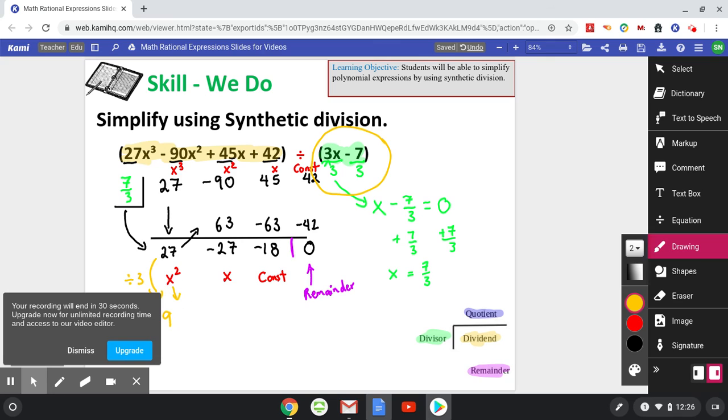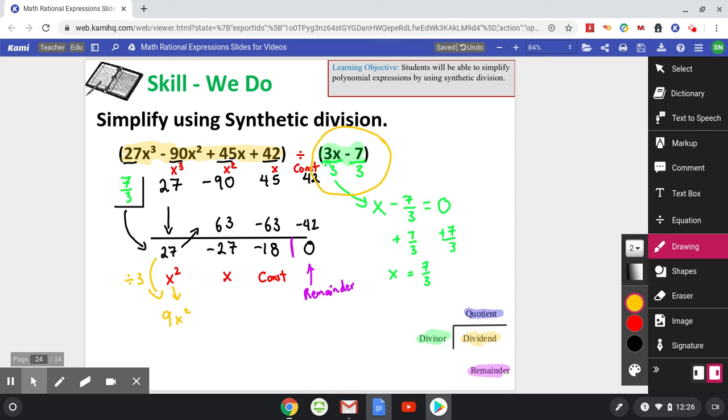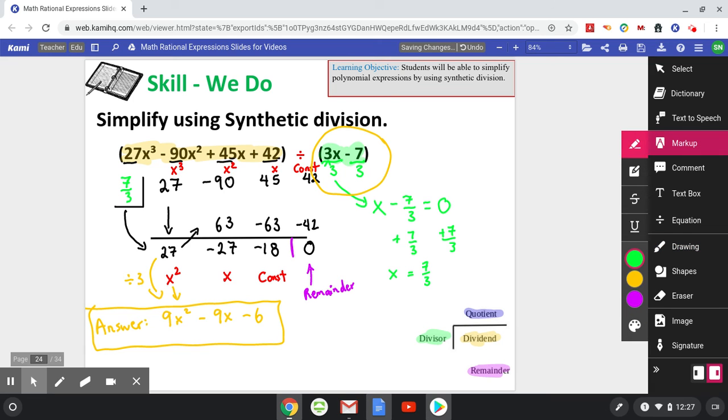Bring down the x squared. Same thing for the other ones. Negative 9x and negative 6. And this would be our answer. Again, because the remainder is 0, we have that the remainder does not play a role